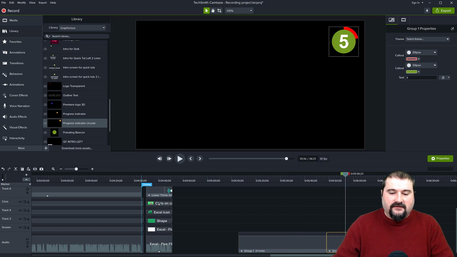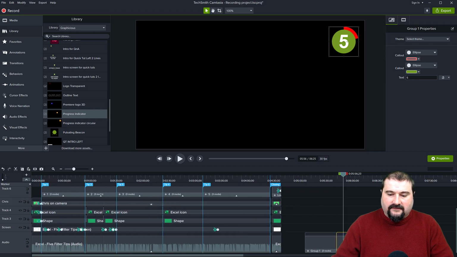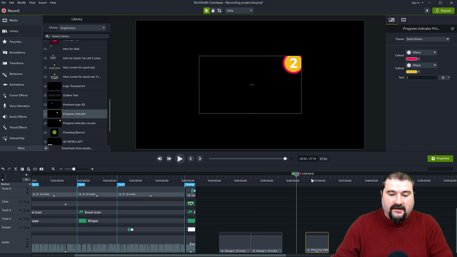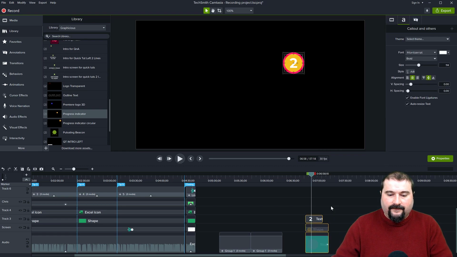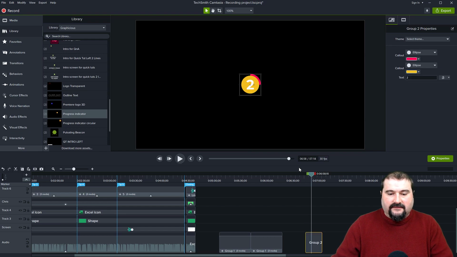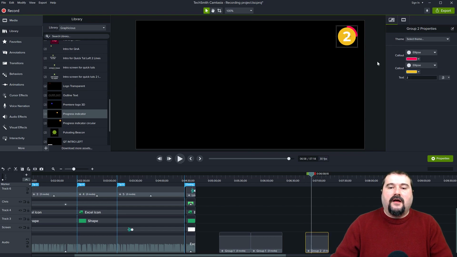So let me show you again with this other one that I built. I'm just going to bring this other one in here, and it happens with all of them. Look, it even loses the cropping. So all I have to do is ungroup the whole thing and move it to the center. And there you go. The radial wipe is restored. Group it again, and then you can put it back. So this is one quirk you need to work around.